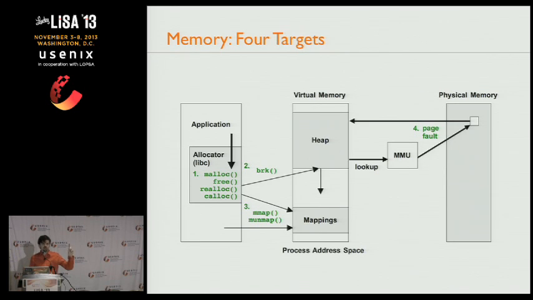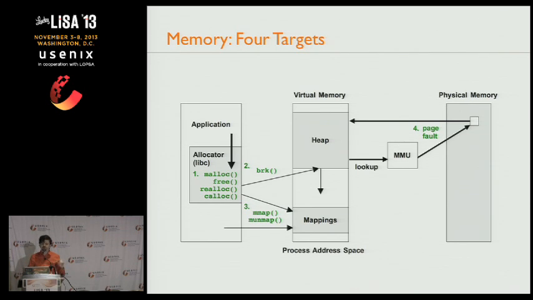My application has an allocator. It has various functions like malloc, free, realloc, calloc. It then consumes the heap, or however it's implemented, usually using a heap in virtual memory. And it uses the heap as a cache. So if I'm doing mallocs and frees, it doesn't need to keep extending virtual memory. It will keep a cache and then reuse memory.